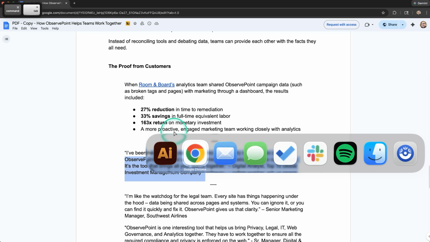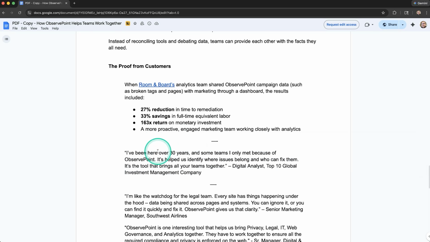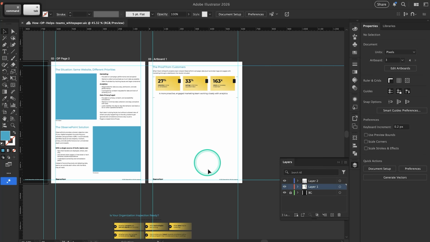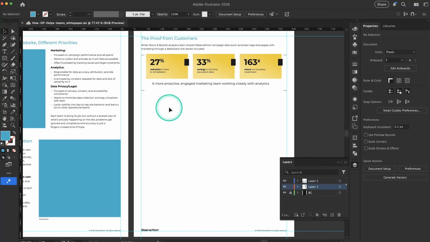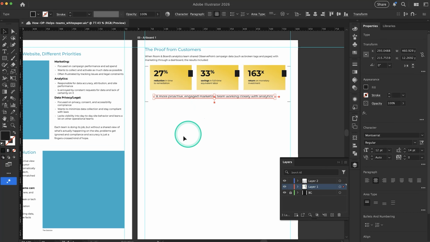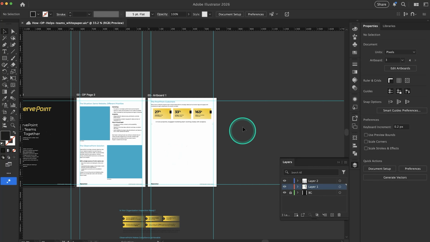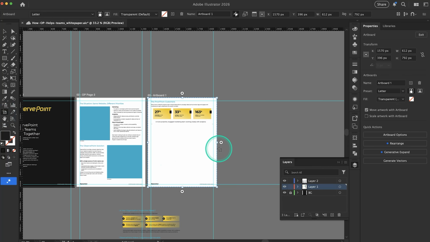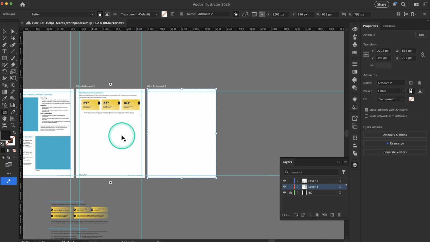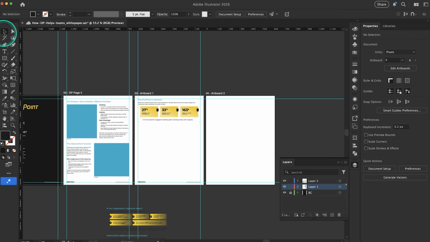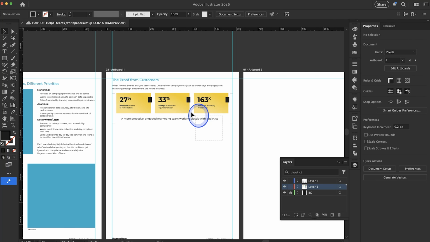Okay, back to our content document. Now we have these quotes, so I'm going to grab the first one. I'm not sure what the style will be, and we've got to decide how much we can fit. Again, we're going to assume that they may want to print this, so we will still be doing one more page. So let's just make that happen now. Because we're going to have one more page,